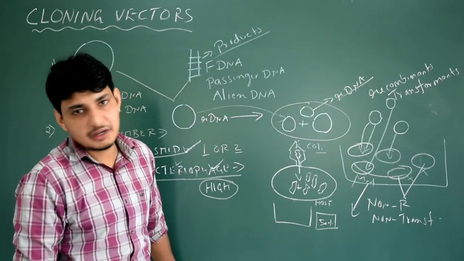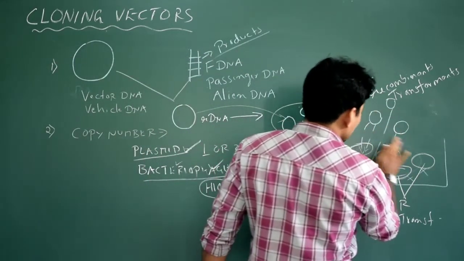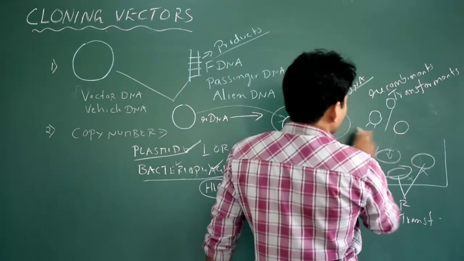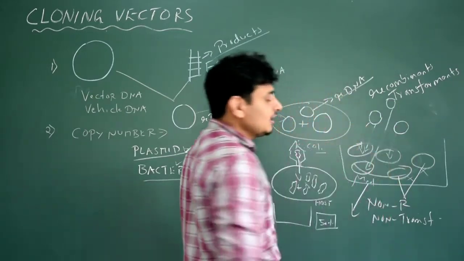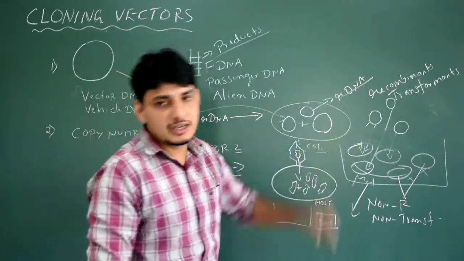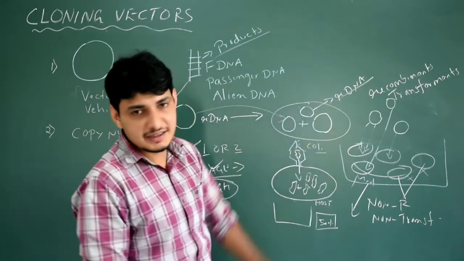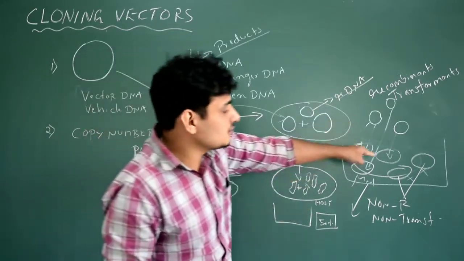So it should not happen actually. Or maybe in the experiment, in the initial stage itself, I made a big mistake, and ultimately the rDNA did not enter into any of the host organisms, and it failed. But I assume that the host organism has taken up the rDNA. I believe that, but it did not. So this is failure.